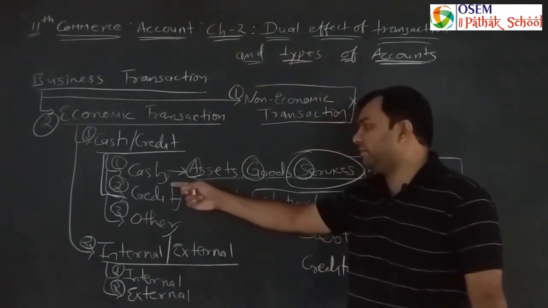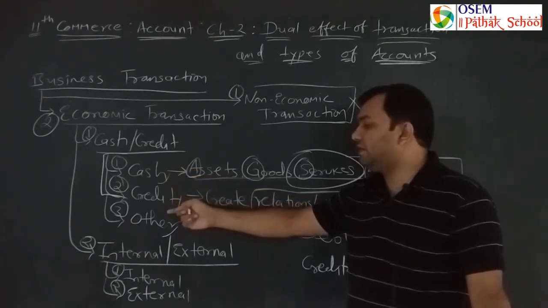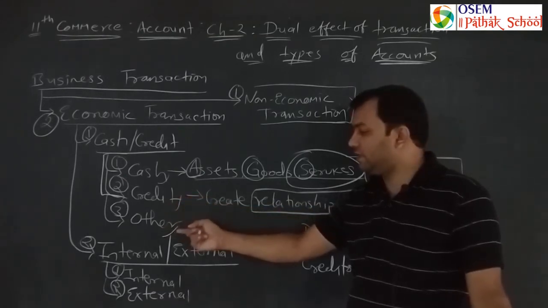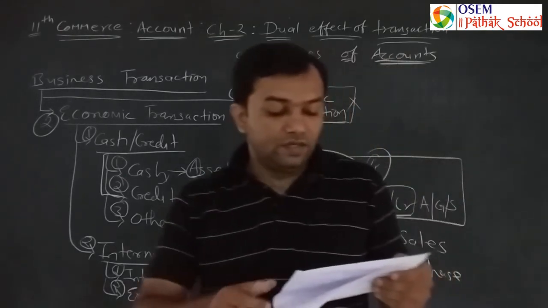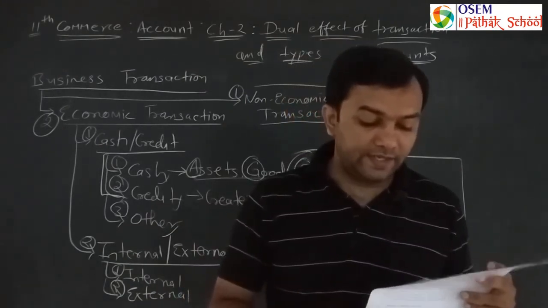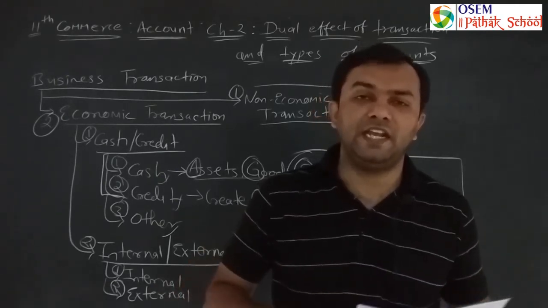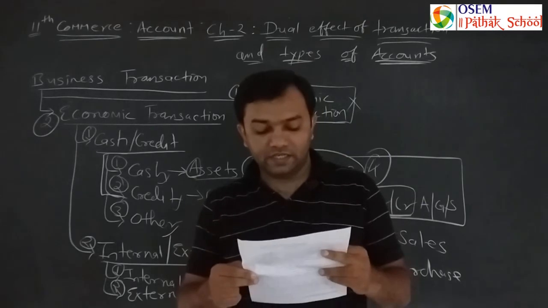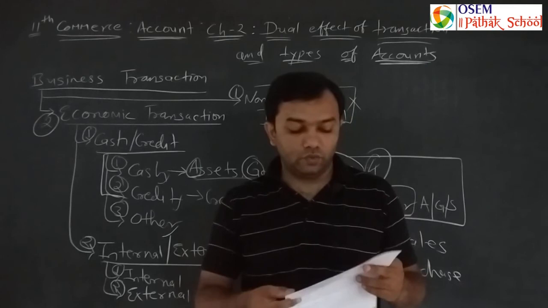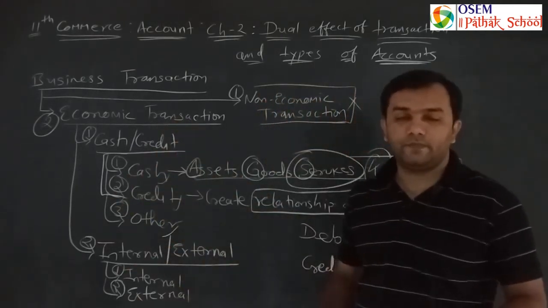If you are receiving money in the present, then it is a cash transaction. If money is received in the future, it is a credit transaction. But you are not receiving money because you have donated the goods, so it is in the category of other transactions. Same for goods theft, fire, destruction, accident, flood, earthquake, etc. All the natural and man-made calamities fall in this category of type 3 transaction. Okay, so we are completing our first portion of cash and credit transactions. Thank you all.